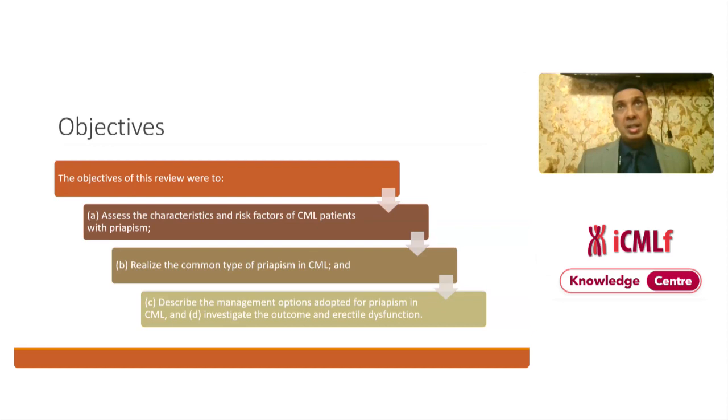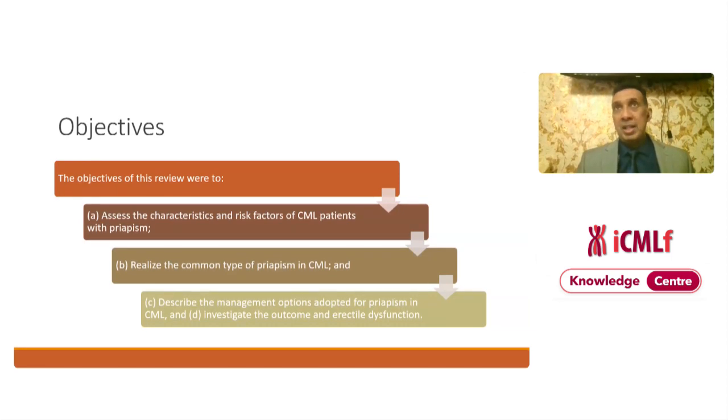We thought this topic is of paramount importance, and one of the reasons which give it importance is the age of patients with chronic myeloid leukemia, particularly in the Middle East and Far Asia, is totally different from what is reported by our colleagues in the Western community. In the Western community, the median age is around 60 for patients with chronic myeloid leukemia. In the Eastern community, in the Middle East and Far East, there are different reports.